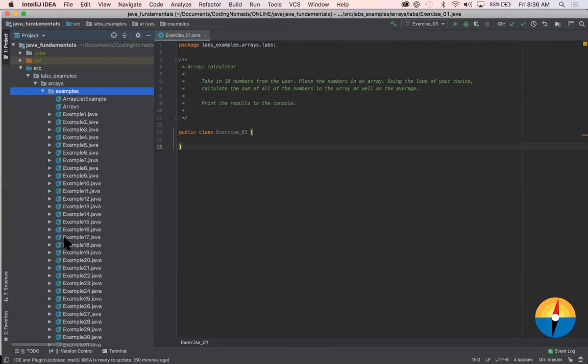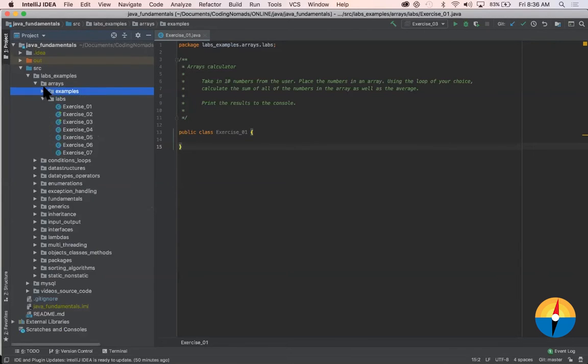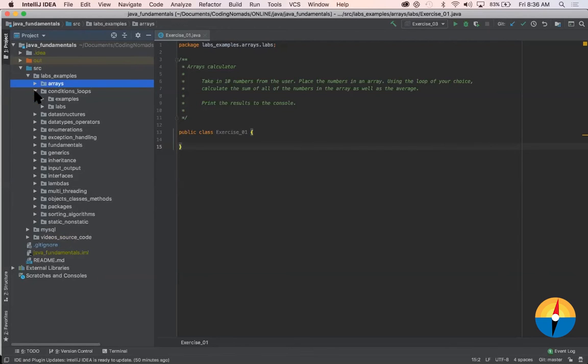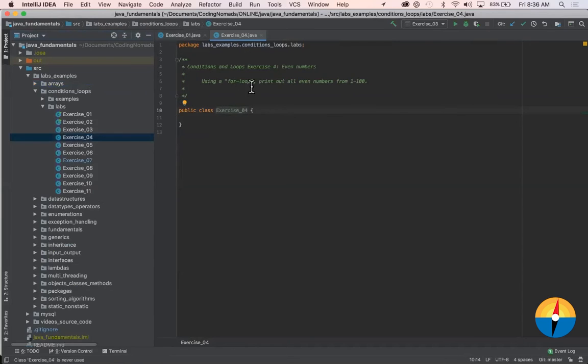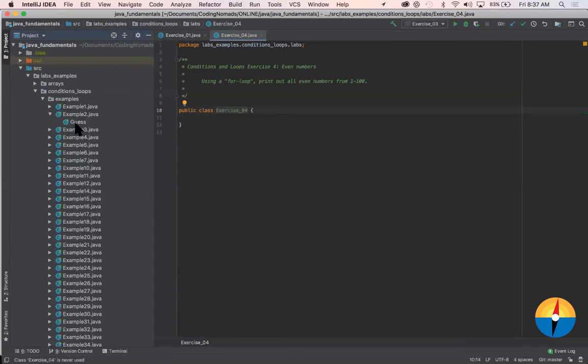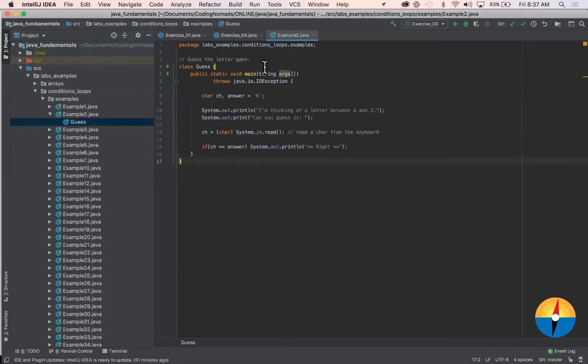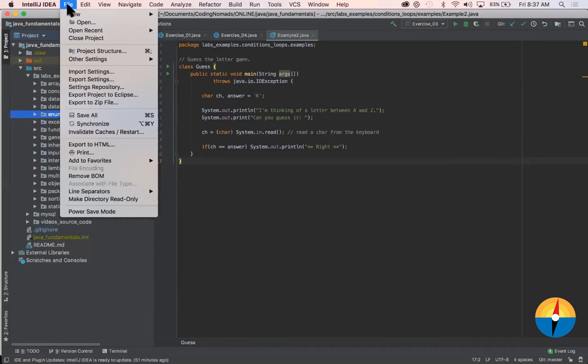And there'll also be a bunch of examples of the concepts that we've talked about. So for instance, same thing, conditions and loops. There's a bunch of labs that you're asked to complete, like using a for loop, print out all even numbers between 1 and 100. And then there'll also be all kinds of examples that show you this kind of stuff in action, right? So for our case, though, we are going to create a new